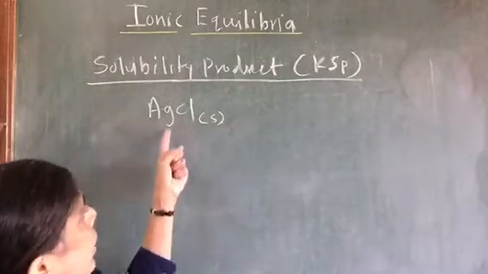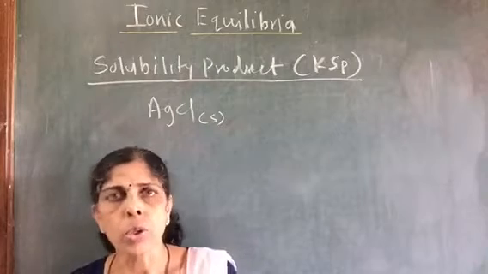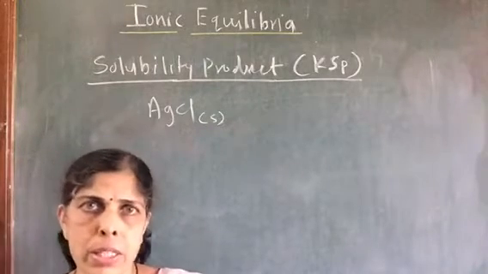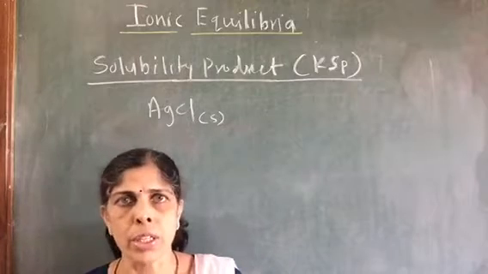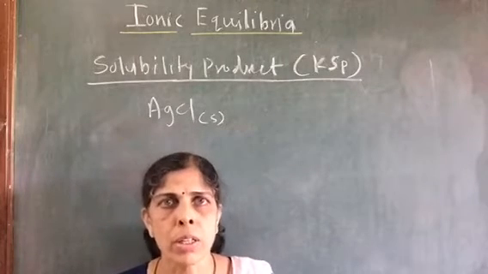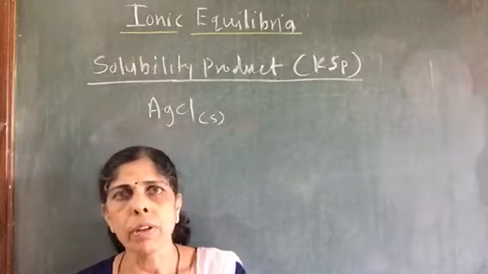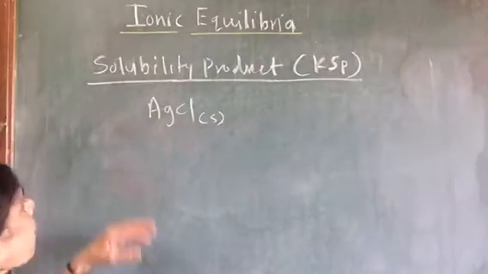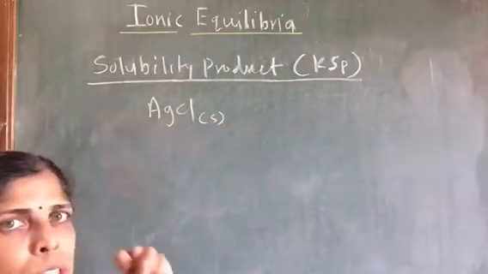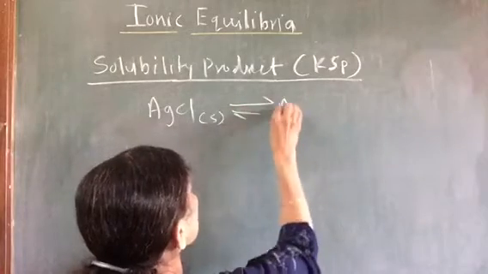It is a strong electrolyte and therefore it will get ionized completely. Whatever fraction is going to get dissolved, that will form ions. If you add the next small fraction, it will not get dissolved. So with a very small fraction of that salt, the solution will become saturated. Now, in such a saturated solution of AgCl, the equilibrium which will exist is